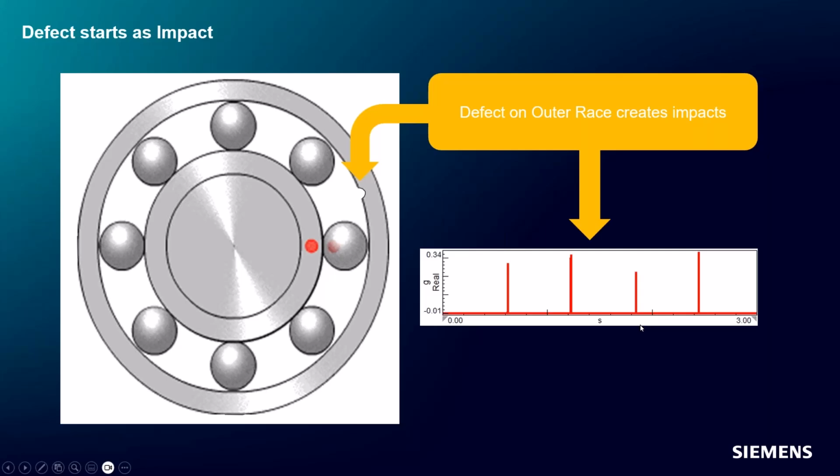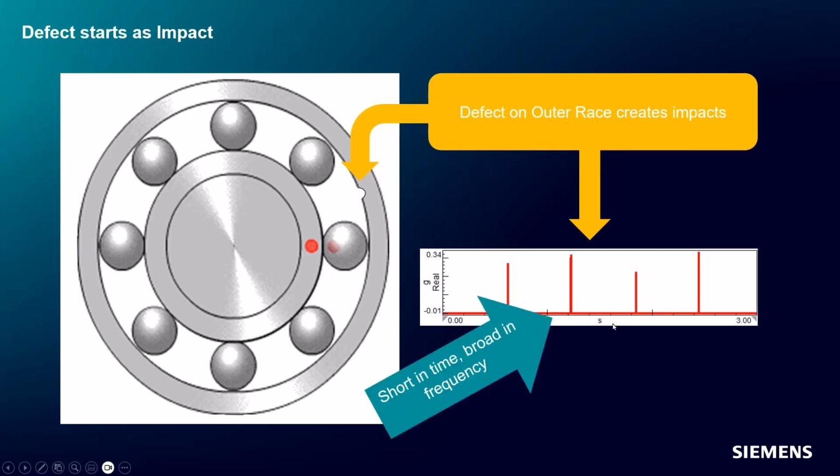Now the bearing isn't in complete failure mode, right? But over time, as the bearing keeps passing over this pit, it'll grow and grow and eventually make the bearing fail. What happens is you start getting these small impacts that are an early indicator of the fact that the bearing will fail. In this case, we're getting them on this outer race.